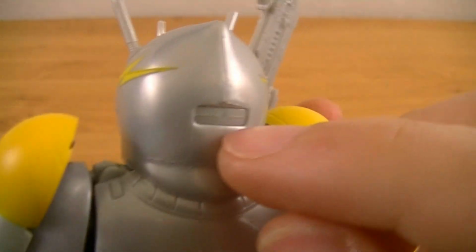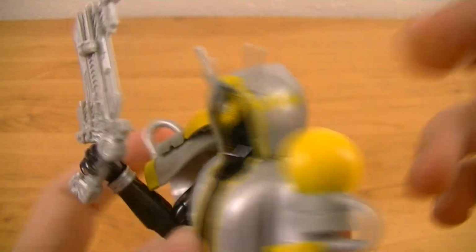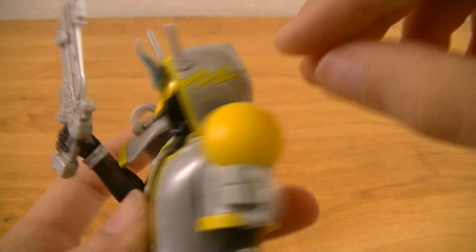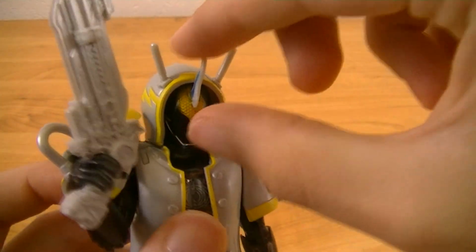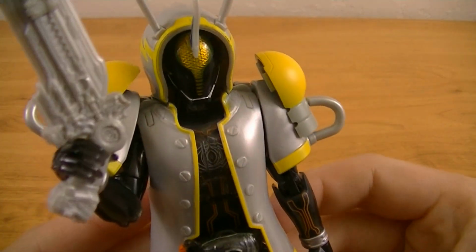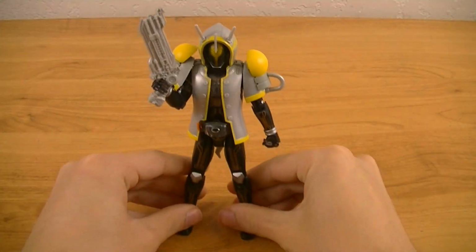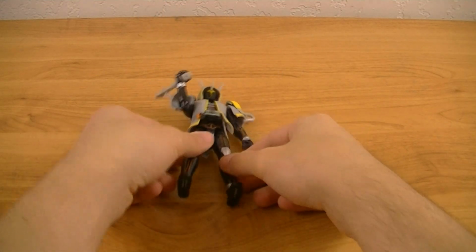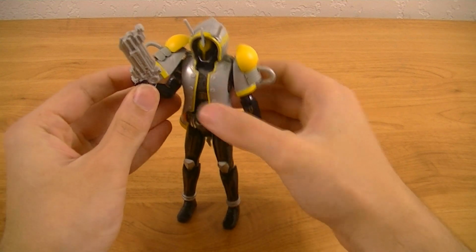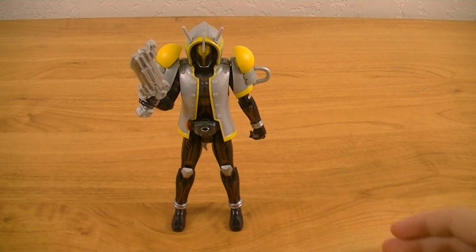And of course, with both of them, as you can see, they do still have the part that holds onto the face pegged in at the back. So if you want, you can unpeg that, attach on the face first, then attach the parka, to give them a little bit of additional head articulation. And additionally,